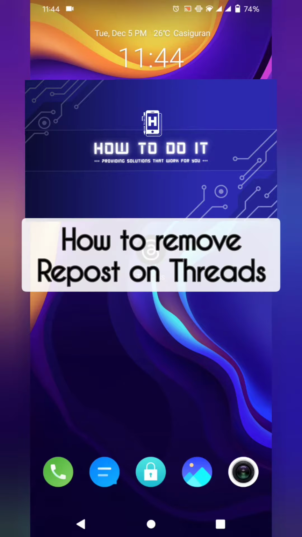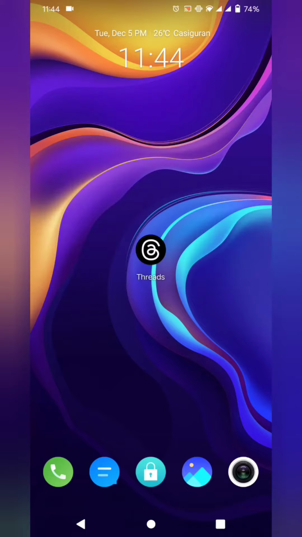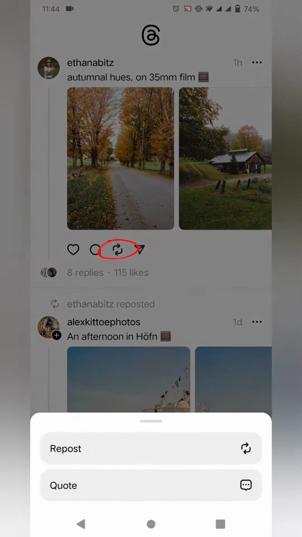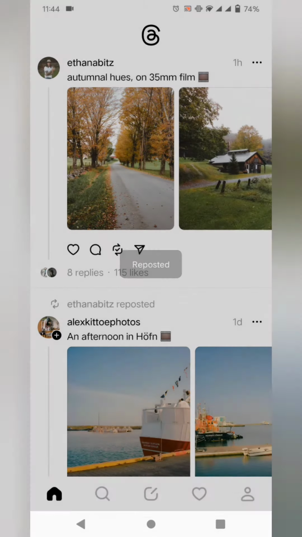So in this video, I'm going to show you how to remove reposts on Threads. So this is quite easy and simple. So go ahead and open up your Threads application, and then I will show you how to repost a post. So tap these little arrows going in a circle at the bottom of the photos, and then hit the repost